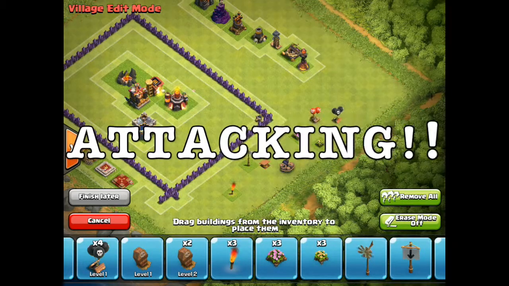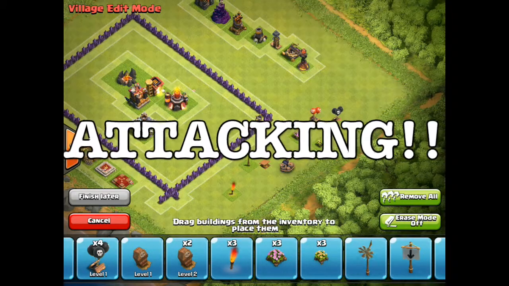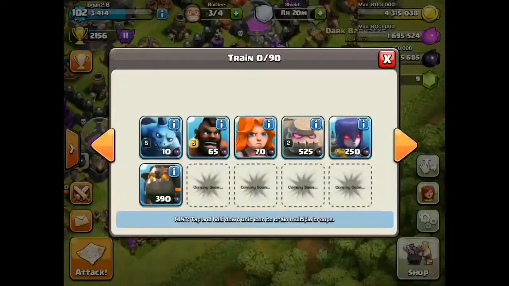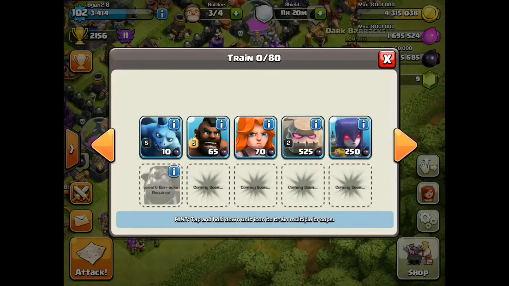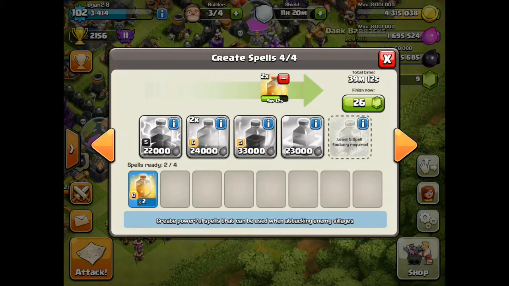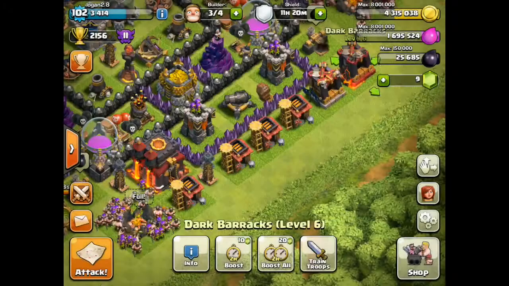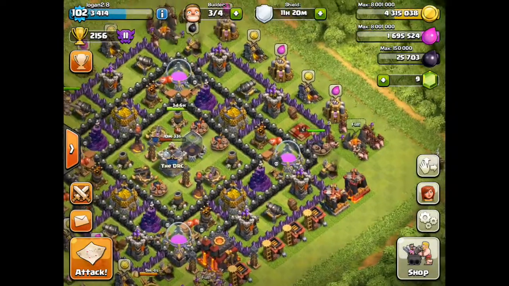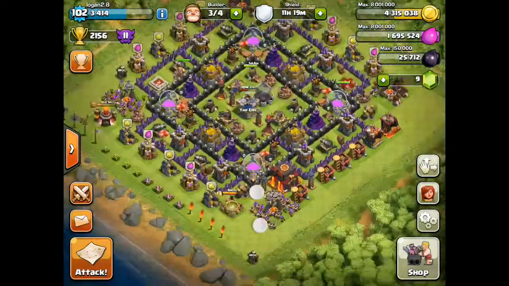Okay, so the next part of the video we're going to talk about is attacking. As I said before, you'll have your dark barracks and your barracks. With these you can just train lots of types of different troops. Here's the normal barracks. You also have your spell factory, as I said before, so you can train different types of spells. All the different troops and spells take up too much time. You could look at those in a different video. We're not going to go in depth on those, but I'll show you the troops and the spells that I